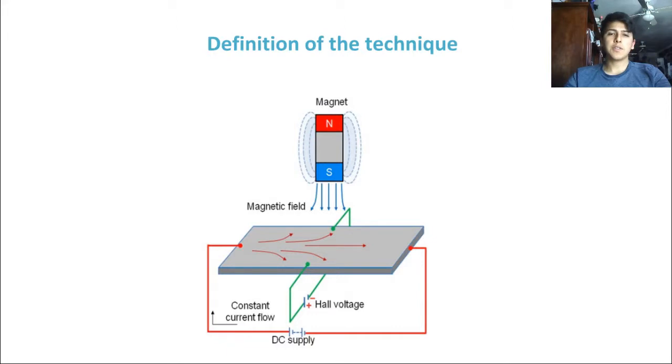First, the definition of the technique. The Hall effect is established by the following procedure. The material to be investigated is one through which an electric current is passed. The electric current in this image is the red line that goes through the material, and this current